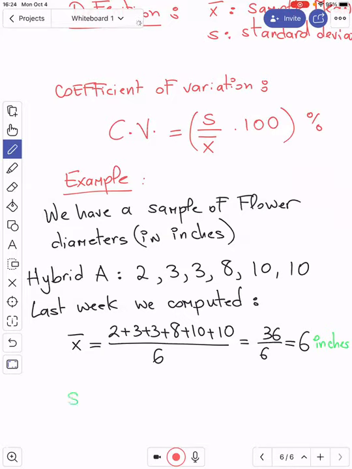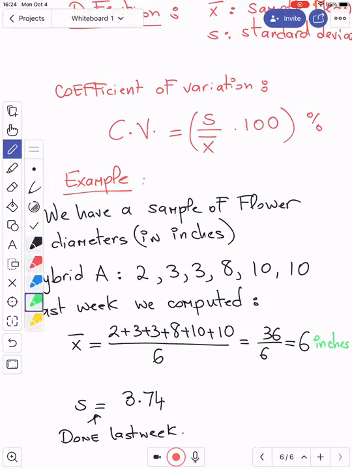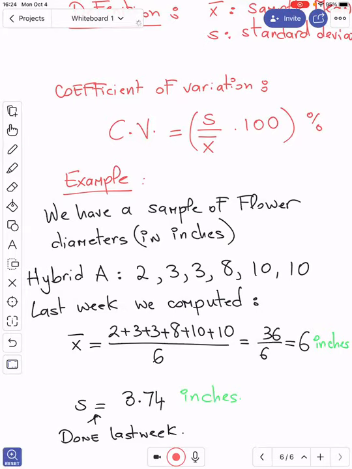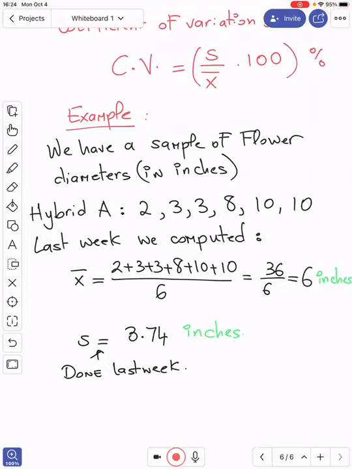And then I think we computed the standard deviation of this sample last week. So S, again, this was done last week, I think was equal to, if I'm not mistaken, 3.74 inches. So then, if you want to compute the coefficient of variation,